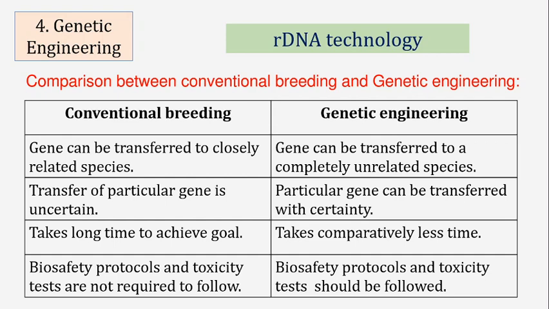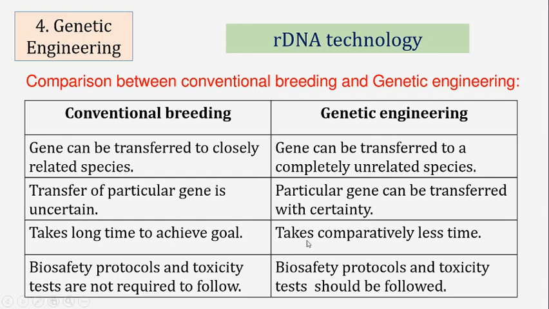In conventional breeding, there is a benefit: biosafety protocols and toxicity tests are not required. That means in the conventional breeding process, there is no risk of producing unwanted proteins or toxic proteins in the plant. So we don't need to follow these two protocols, biosafety protocols and toxicity tests, which check whether the organism produces any kind of toxic protein or whether it is safe for the environment or ecosystem. But in genetic engineering, as we are manipulating the genome of an organism intentionally and artificially,